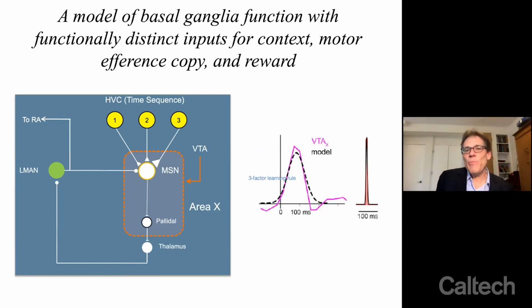And one of the things that we found is that one of the cool things about this model is that it provides this circuit with a temporal resolution that's actually much faster than the time course of the dopaminergic signal. So we've confirmed in this model that the temporal resolution of the model is determined not by the duration of the dopamine signal, but rather by the coincidence of the LMAN and HVC inputs, each of which have a temporal resolution in the bird of only 10 milliseconds. And so you can see that the impulse response of that bias signal, in this case, can be only 10 milliseconds, which is much shorter than the 100 milliseconds or so dopaminergic time course.